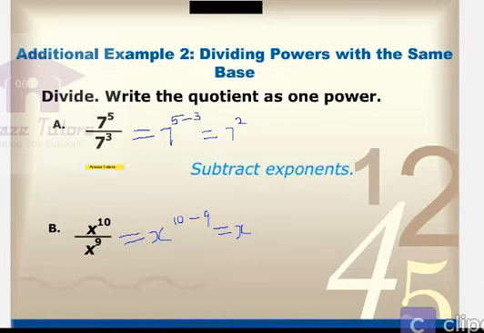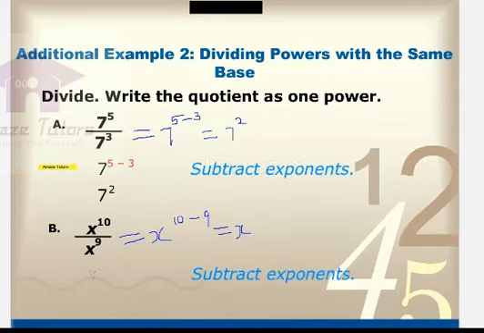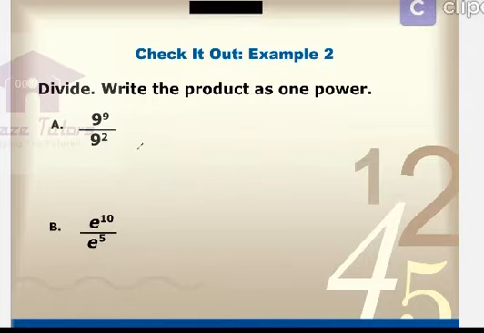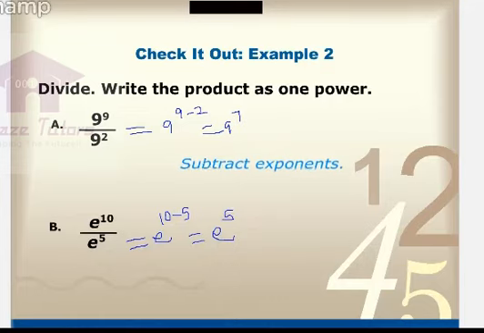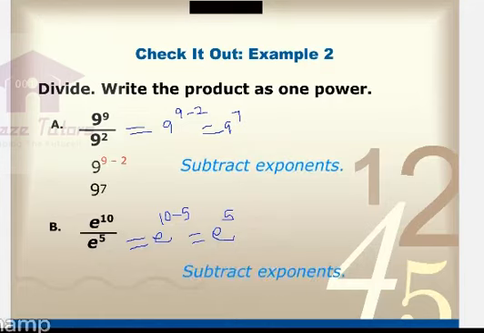You can see the steps and the answer here too. See? 7 squared, x power 1. Think x power 1 equals x. That's all. That is the final answer. This is the quotient property. Now example 2. Again subtracting the powers. 9 power 9 minus 2, 9 power 7. e power 10 minus 5, e power 5. That's it. I hope you're following the quotient property, children. Look at the steps. That's all.